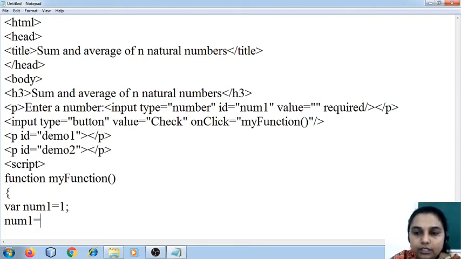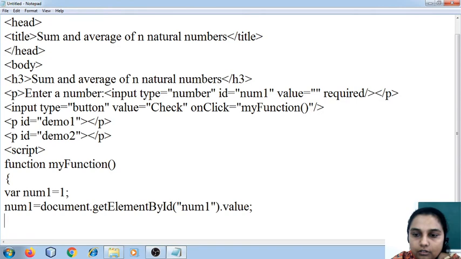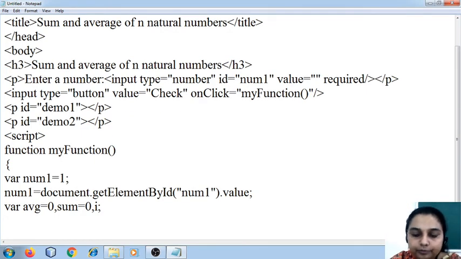And I say num1 is equal to document dot getElementById num1 dot value. We require its value. Then variable average is initialized to 0, and one variable for the counter. I'm going to make use of the for loop.